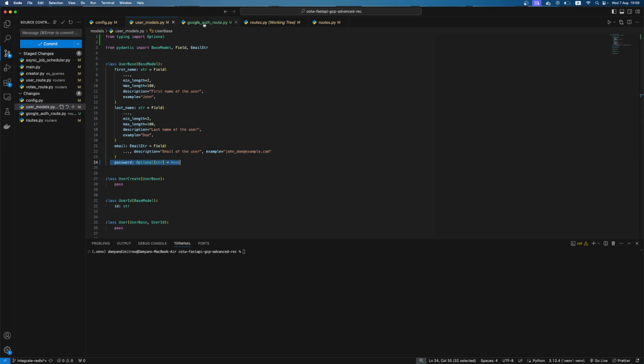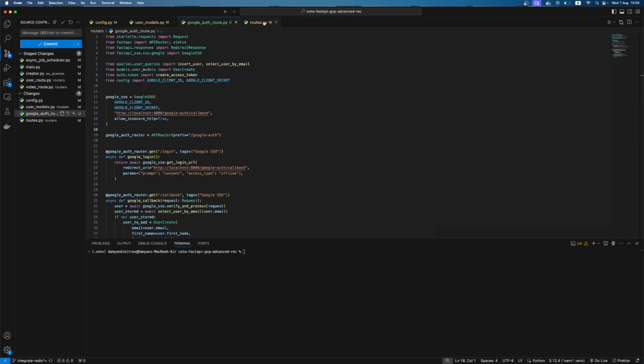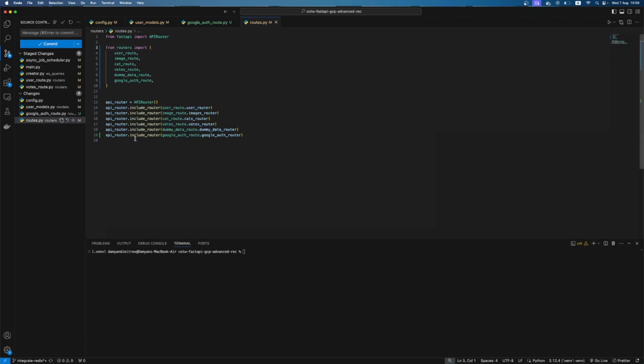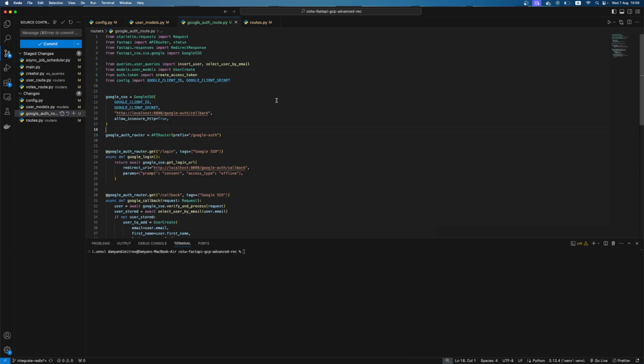And here is the logic. Just don't forget to include the Google router in the main API router which I created in this one. Okay, so let's look at the logic. First, I will create an instance of Google single sign-on.